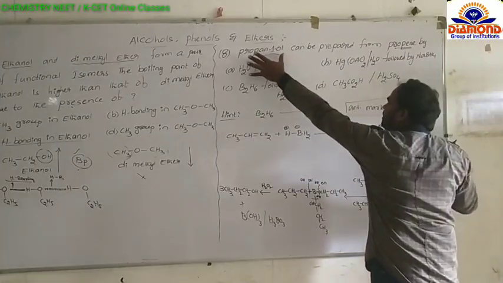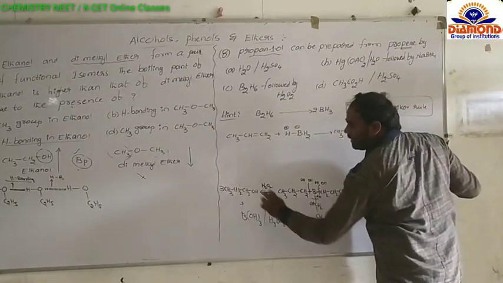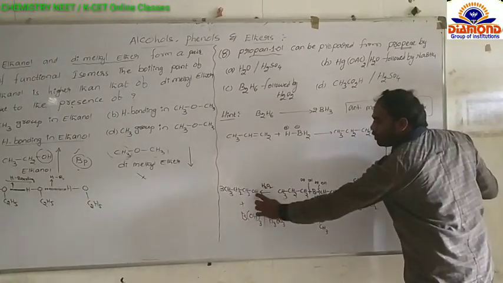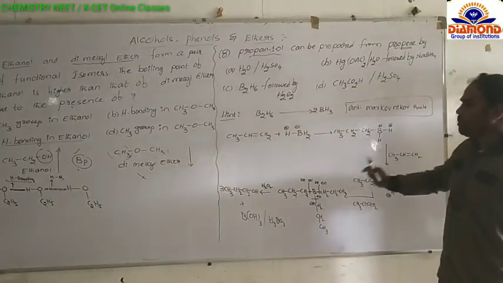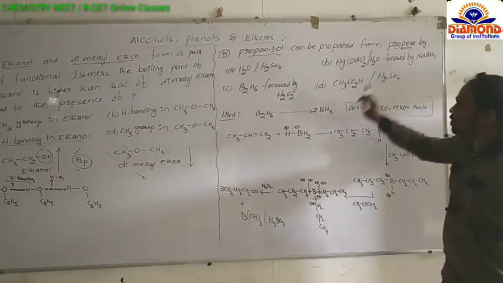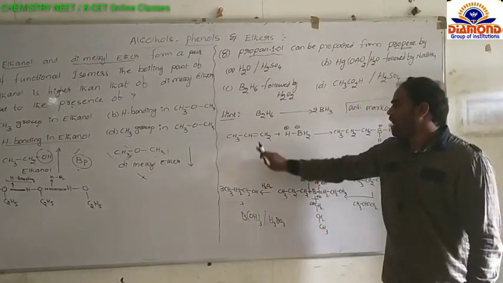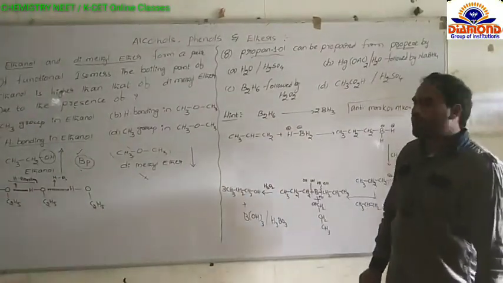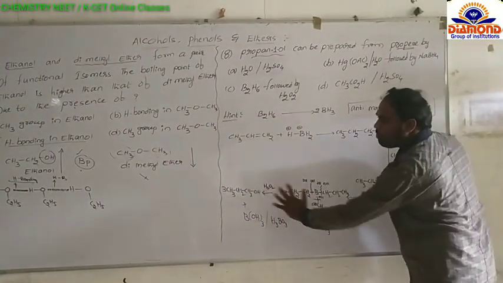But in this question, what is the concept, student? The final product is propan-1-ol. This is propan-1-ol: 1, 2, 3, three carbons, propane, and OH group present at the first carbon. Therefore propan-1-ol is the product. This product is formed from propene. This is propene: 1, 2, 3 carbons, prop, and first carbon double bond, prop-1-ene. So prop-1-ene finally forms propan-1-ol.